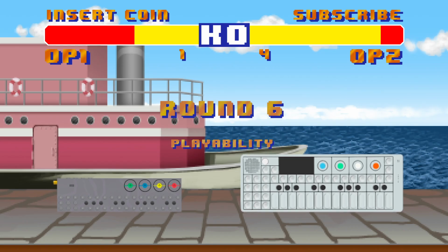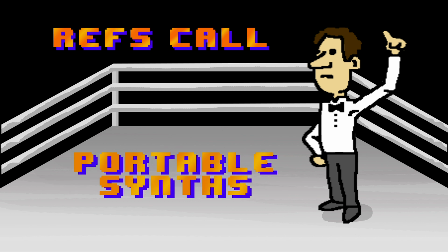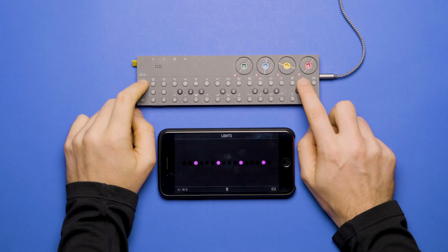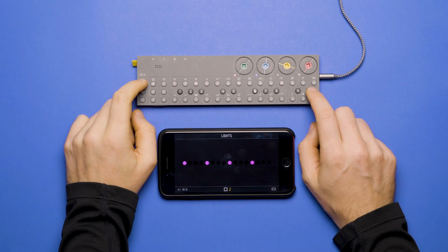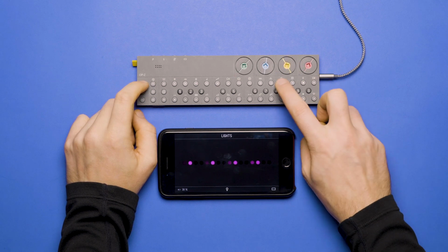Round 6, Playability. Fight. These are both musical instruments. They are both technically portable synthesizers. They can both be used for live performance. Let's see a clean fight. The OPZ is heavily marketed towards live performance. With its light control features and Unity 3D graphics engine on board, you might expect to see this device on